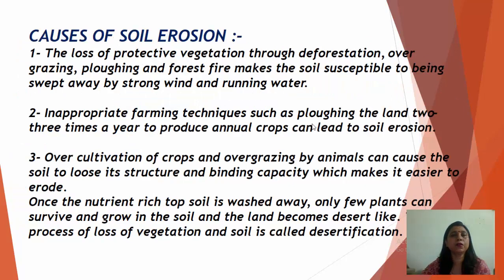Now, what are the causes of soil erosion? Number 1, the loss of protective vegetation through deforestation. Deforestation means cutting down of trees. Overgrazing, overgrazing means जो जानवरों को वहाँ पर चराने के लिए लेकर जाते हैं, ग्रेज कराने के लिए. Plowing means it's a step in agricultural practices. And forest fire, जो जंगलों में आग लग जाती है. Because of all these reasons, these make the soil susceptible to being swept away by the strong wind and running